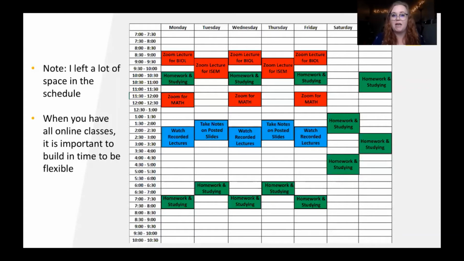So let's look at Monday. Maybe that block of time that I had scheduled from 10 to 11 to do homework and studying gets filled up with something else, like a lecture went long, or I needed to talk to my professor afterwards and now I don't have time. Well, luckily, I left a ton of space in my schedule to plug that in somewhere else. So allowing those gaps to be filled with whatever you need is really nice and stress relieving for yourself.